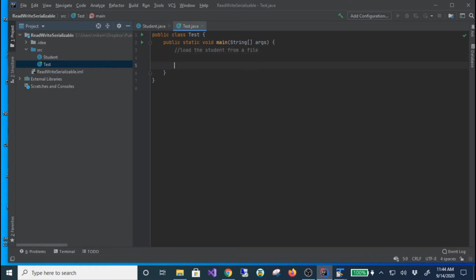Then I'm going to display student info. And I'm going to allow the student class to be updated, like maybe change something about the student. So modify student object, then save changes,